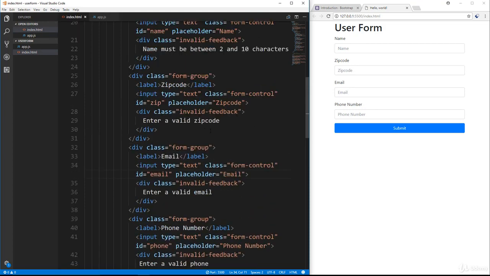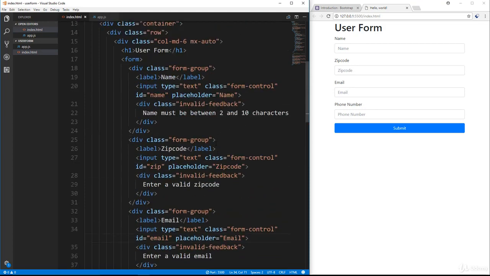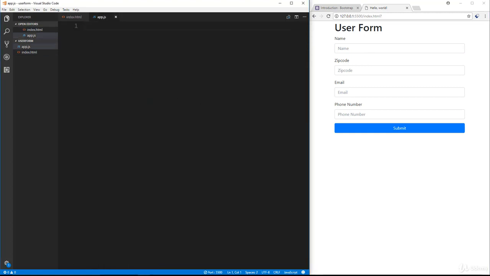Now the way that I want to do this is, every time we put something in here and we cause the blur event, so when we click out of the form field, that's when I want the validation to go off. I don't want to simply make it so that when we submit the form, all the stuff shows. I want it to be dynamic, where we leave the form field and it tells us if it's right or wrong. Okay, so we're going to go to our app.js here